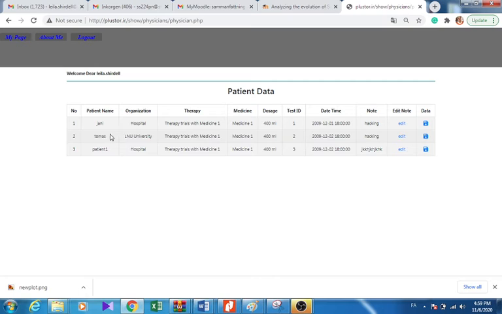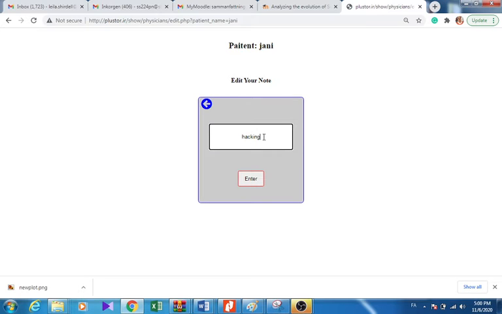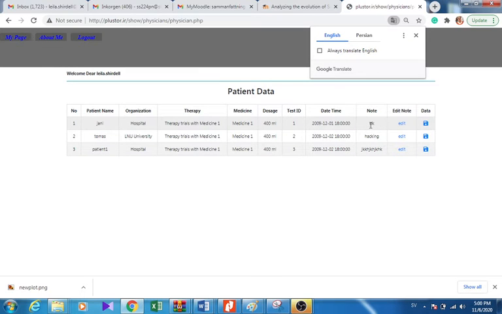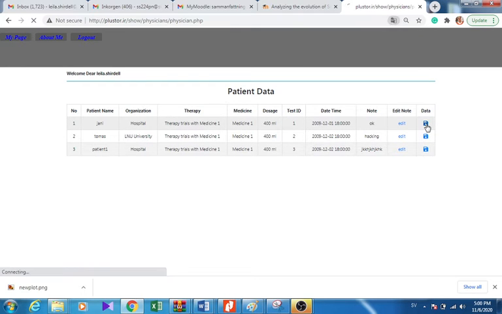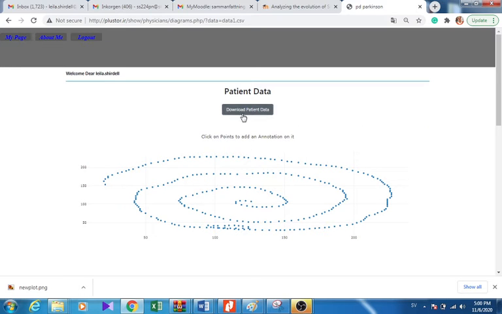Here this doctor has 3 patients, and here he can edit. For example, I can edit this message, and it is changed. Also there is data here that the patient can download, or can do another thing. The other option that there is here for physicians,